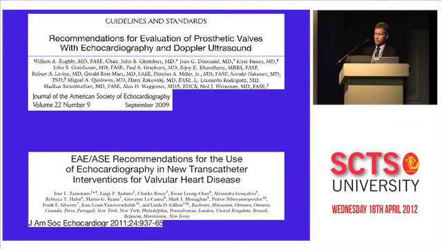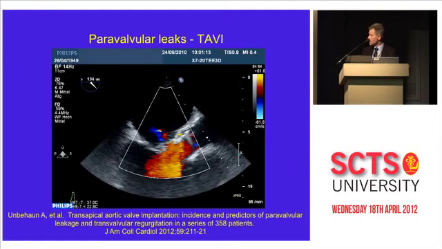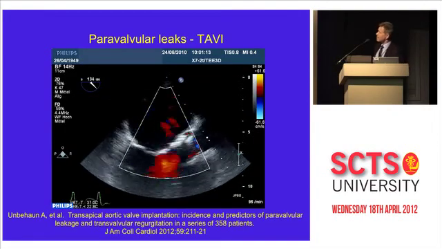So the first one is on prosthetic valves, from 2009. And interesting, there's one anesthetist in that group. And they don't say anything about intraoperative paravalvular leaks. Everything is about prosthetic valves and endocarditis and paravalvular leaks discovered afterwards. The second paper came out in 2011, and it's on transcatheter interventions. And interesting, there are no anesthetists involved on that panel. So when you see something like this,